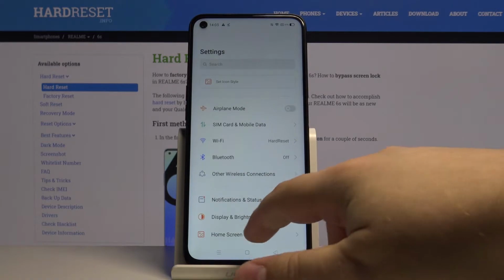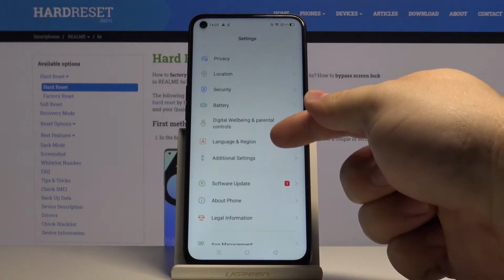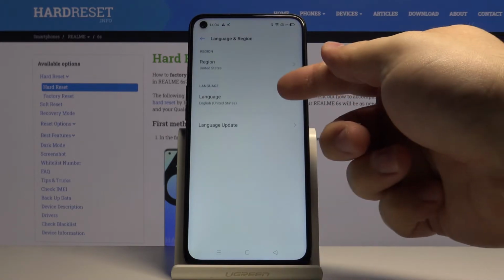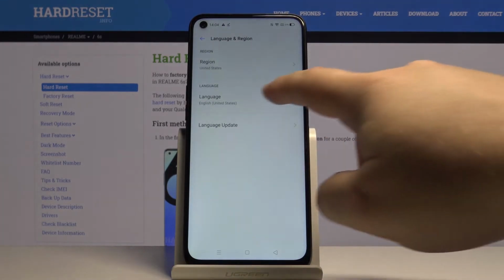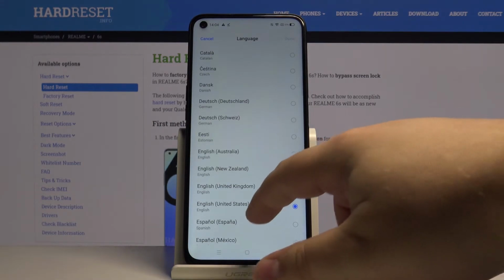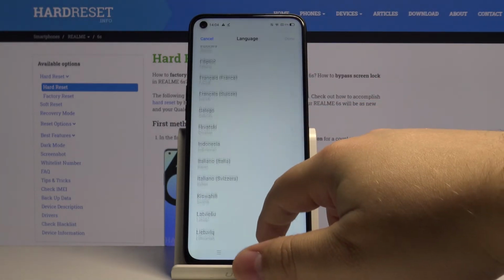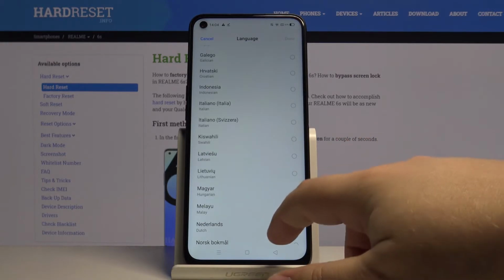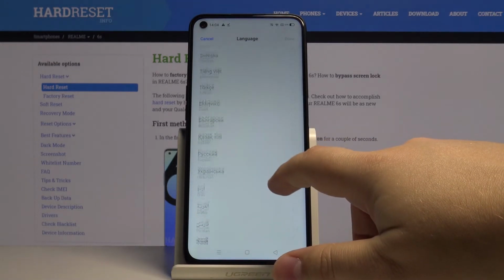Once in settings, let's scroll down and select language and region. Here tap on language, and we can scroll up and down through the list, find the language you want to use and tap on it to select it. For example, let's select